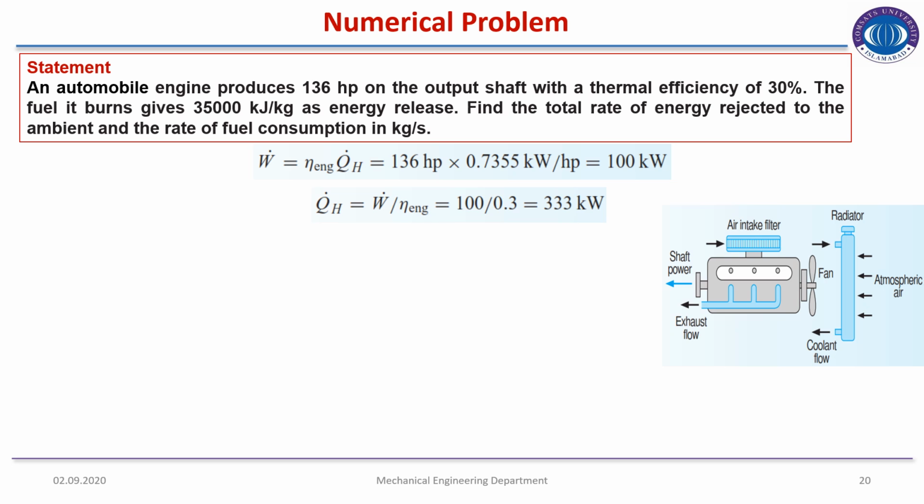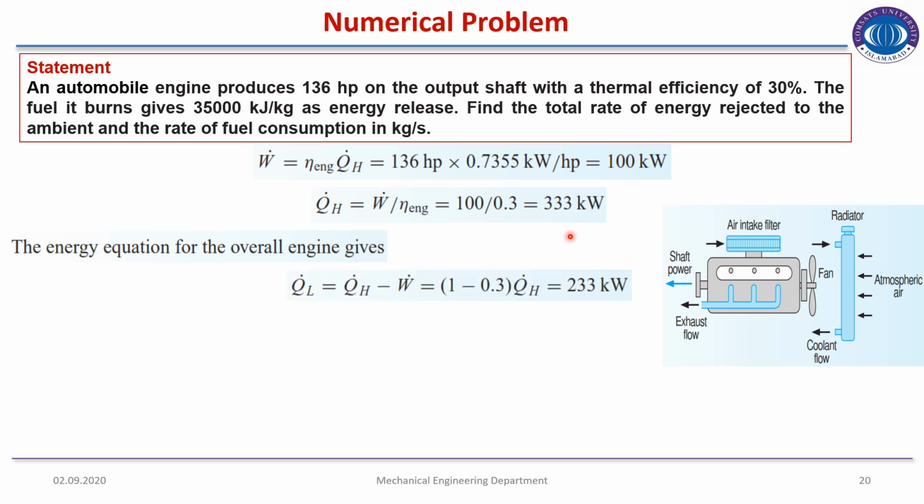So W dot we have calculated in the previous step in kilowatts, and 30% efficiency is given to us in the statement. Therefore, the rate of heat transfer comes out to be 333 kilowatt. The energy equation for the overall engine gives Q dot L is equal to Q dot H minus